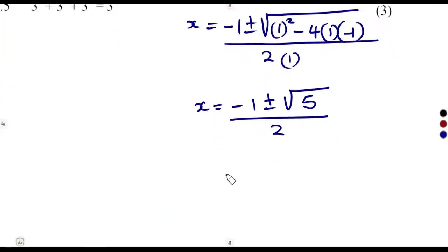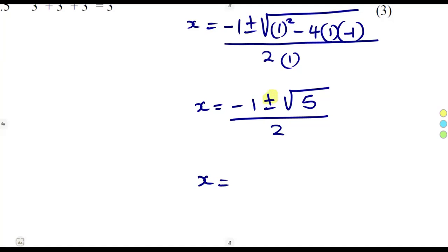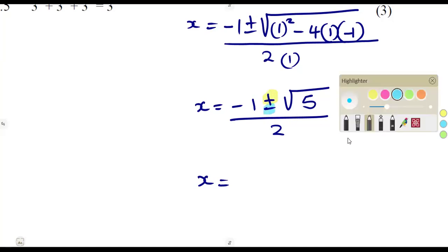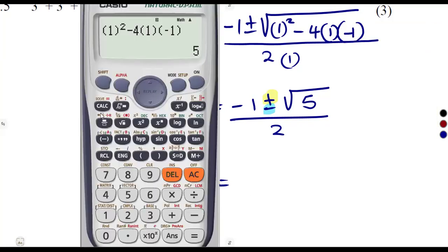With this part, we can separate the square root starting with the plus, right? As you can see, I've got plus or minus there, so we can separate our square root. So what are we going to have? Let us start with the plus, guys, and see on our calculator here. That's a fraction: minus 1 plus the square root of 5, all right, everything over 2. So that was going to give us this decimal